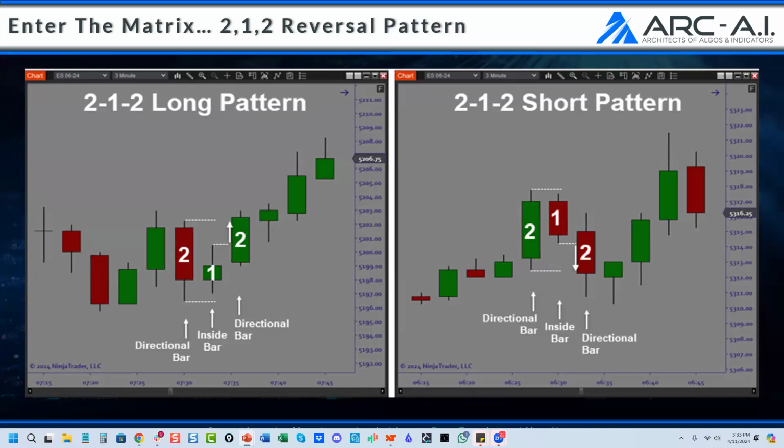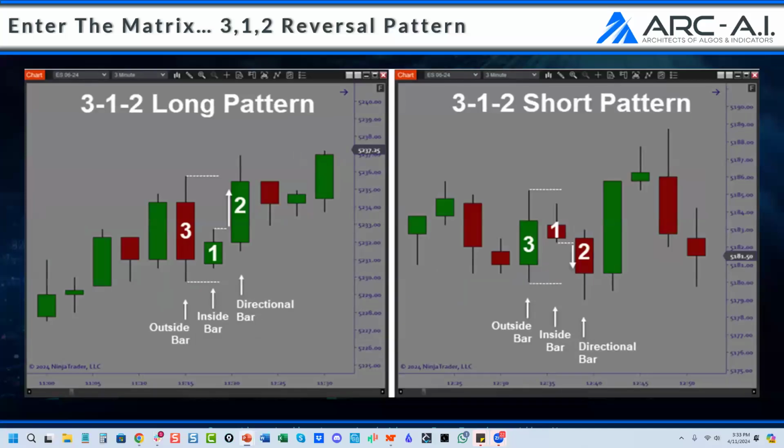I can see it. Here's a 3-1-2 pattern, right? A 3-1-2 pattern is an outside bar, an inside bar, and a directional bar. You don't normally get 3-1-2 patterns because you don't normally get an outside and then an inside. And so these types of things are unique. There's a whole lot of different ways in which you could structure patterns. We built the system on these three foundations, because these three were the ones that hit the best performance that we were able to make. And that's the whole point. We're going to get into that here in just a moment.